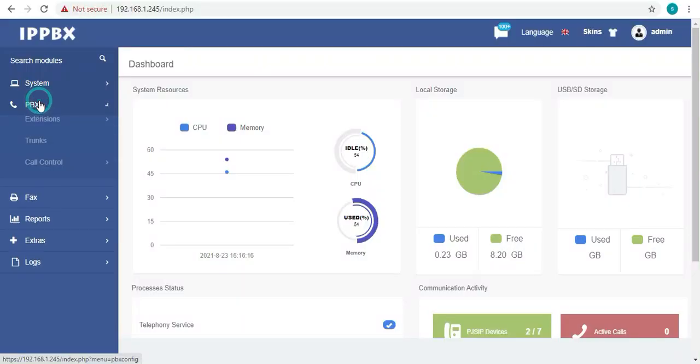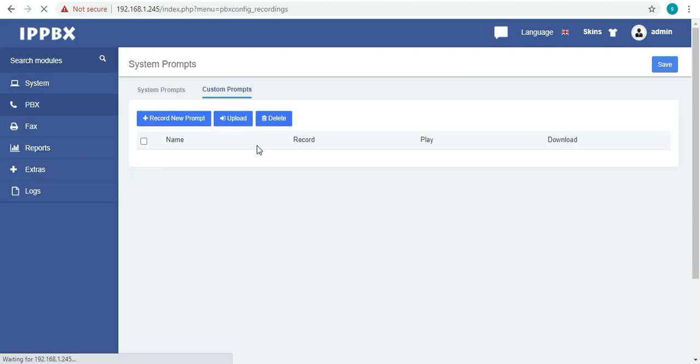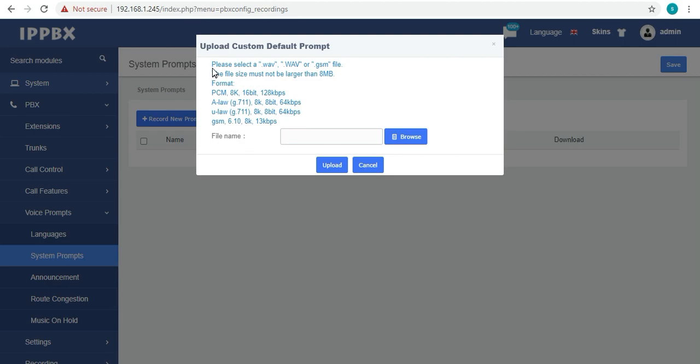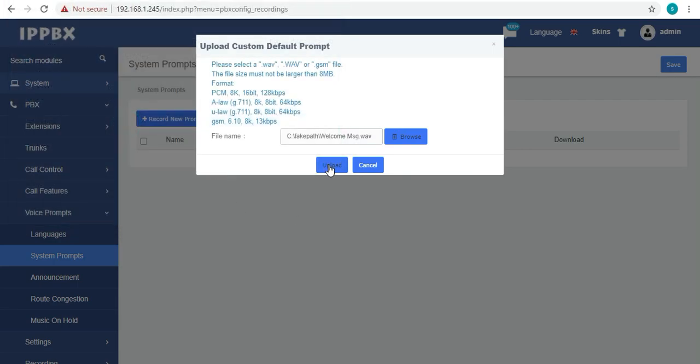So our first step is to upload the voice prompt. Click on voice prompt, then system prompts, then click on upload. You can see these are the parameters for the voice file uploading. Now click on browse and follow the steps.